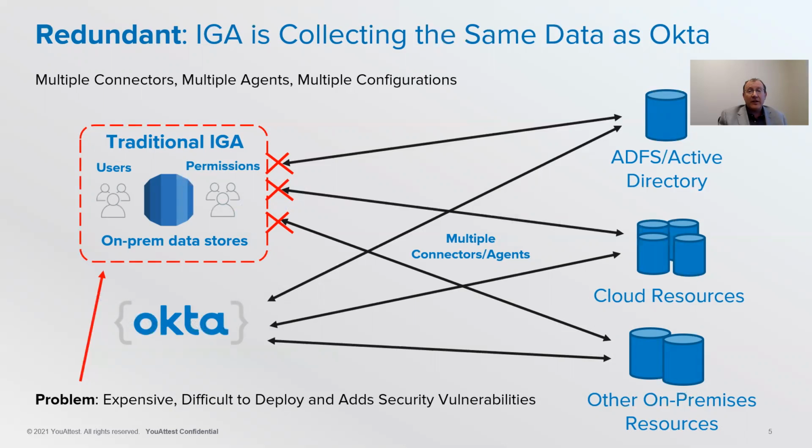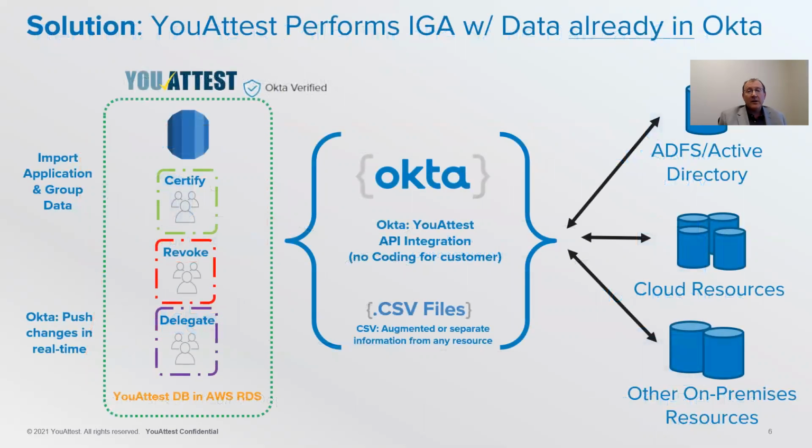This can be solved, and this has been solved by YouAttest. YouAttest plugs into the Okta infrastructure and pulls the identity governance information into YouAttest. We don't need the credentials. We don't need the secure data. We just need the roles and profiles. We create meta tags of this information and then create the workflow and the GUIs for people to attest to that information. That's true identity governance done the cloud way and done cleanly.